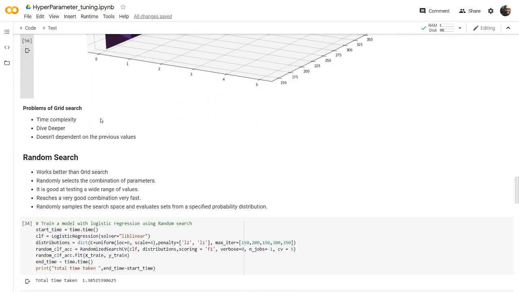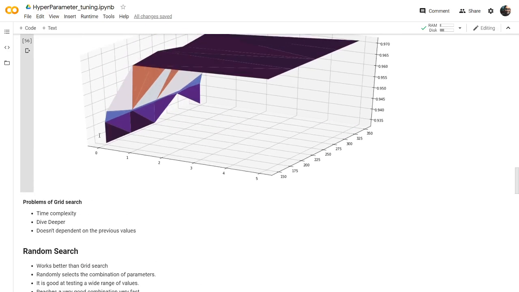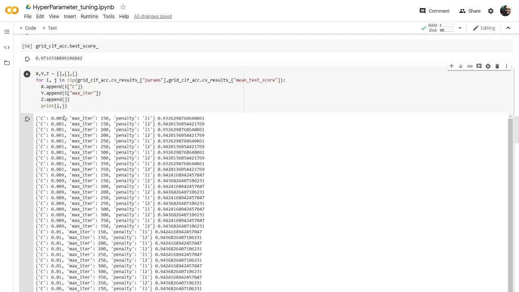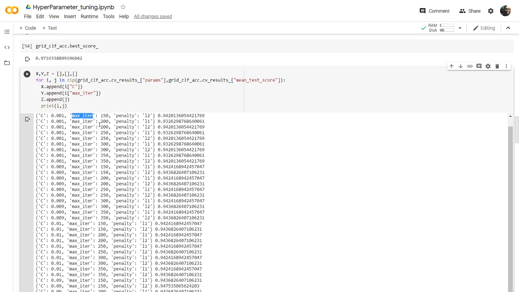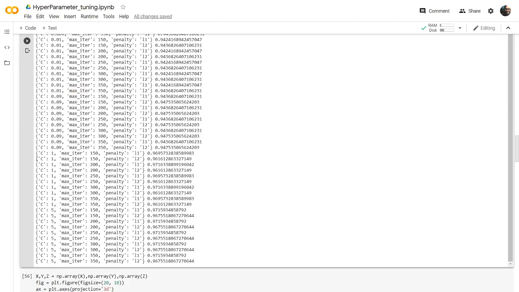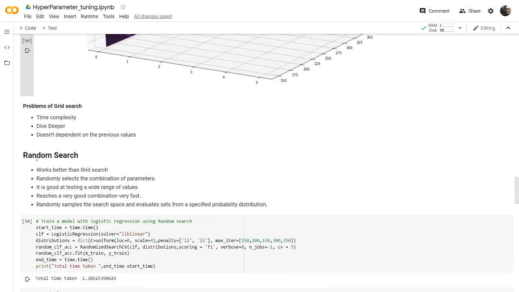So this is how it increases the complexity, and it doesn't depend on the previous values, because it will just take this combination and train the algorithm, and again it takes the next combination and trains the algorithm. The second combination doesn't depend on the first combination. So it will simply train your algorithm with all the available combinations. This is one of the biggest drawbacks of grid search.